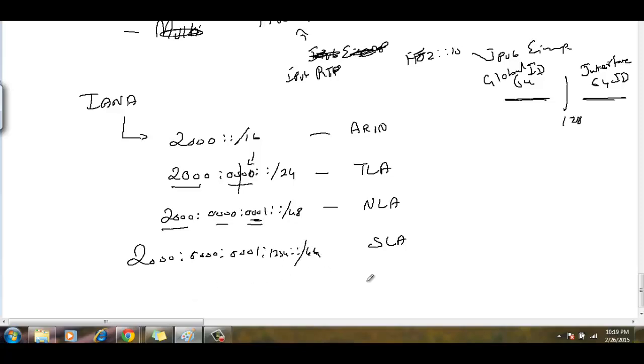At last, the interface IP address. What is the interface IP address? The entire thing, the SLA plus SLA, is 2000:0000:0001:1234. This talks about the network. The remaining portion is called the interface ID, which I assign to an interface like